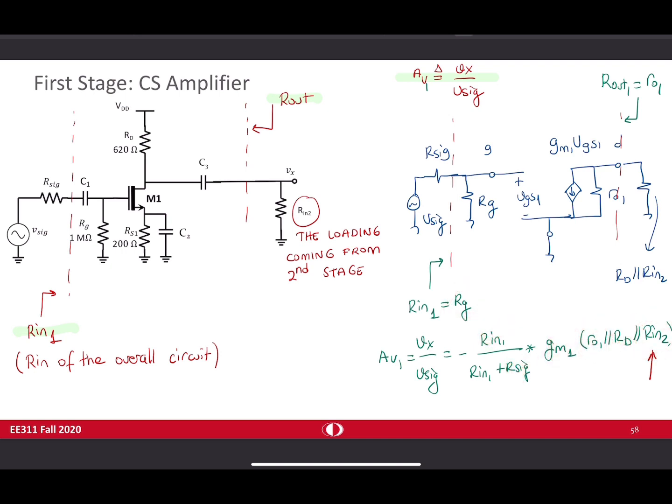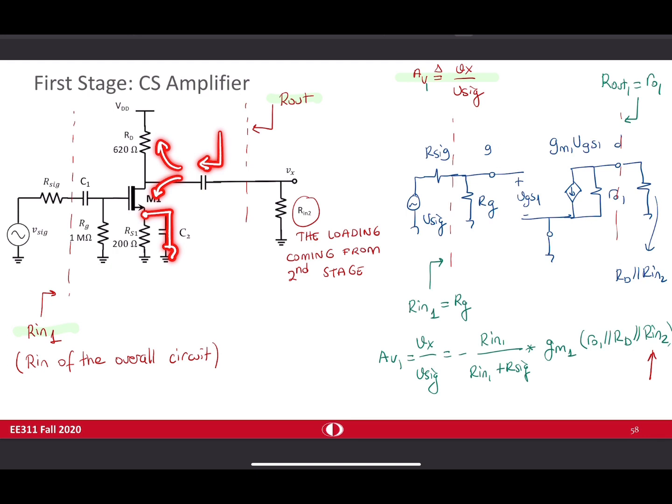You should be able to find these values without even drawing the small signal model. Why? Because when you are taking a look from here, you see infinite impedance at the gate of the transistor. Therefore, you should be able to say Rin1 is equal to Rg directly. Similarly, since source is grounded, the resistance seen from here has two components, Rd in parallel with Ro1. So you should be able to write